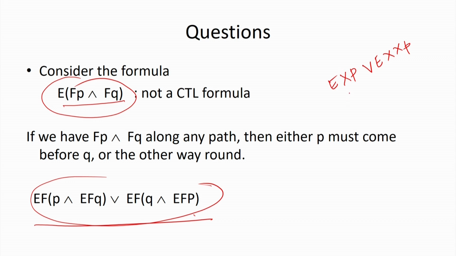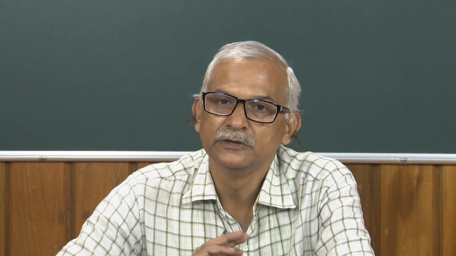there exists a path in which in the next state P holds, or there exists a path in which in the next-to-next state P holds. So, this is also a formula, but if you try, it will be difficult to express these things with the help of CTL. It is not a CTL formula, because this particular temporal operator is not preceded by any path quantifier. Okay. But if I put another path quantifier, then the meaning will be different. Okay. So, it says along this particular path, but it may happen in a different path also, but such type of formula cannot be expressed with our CTL.